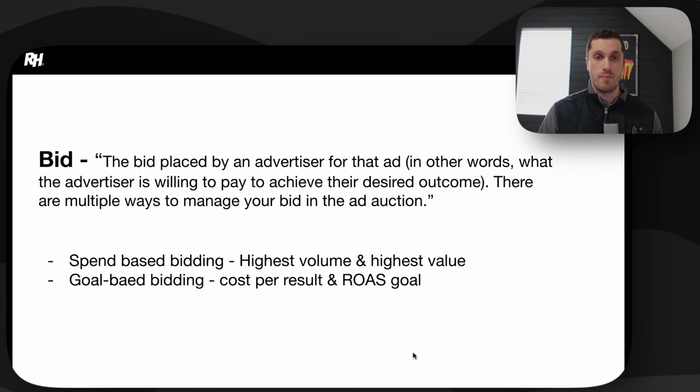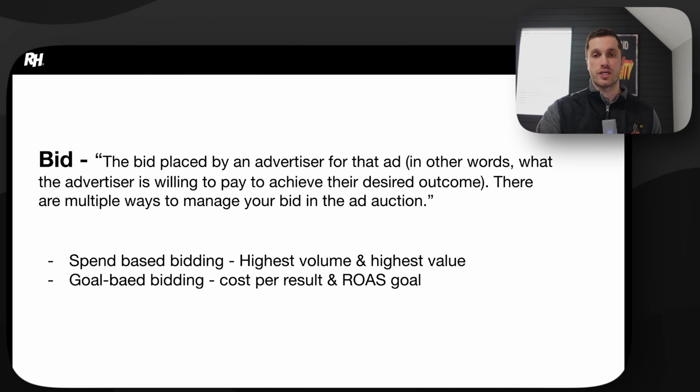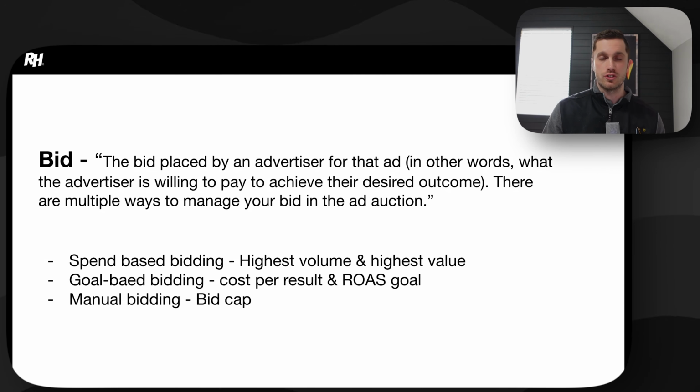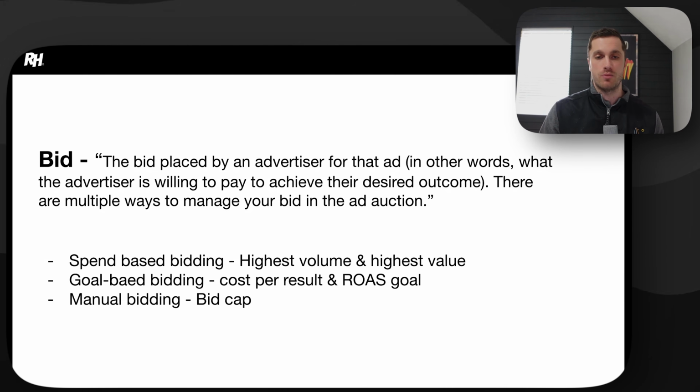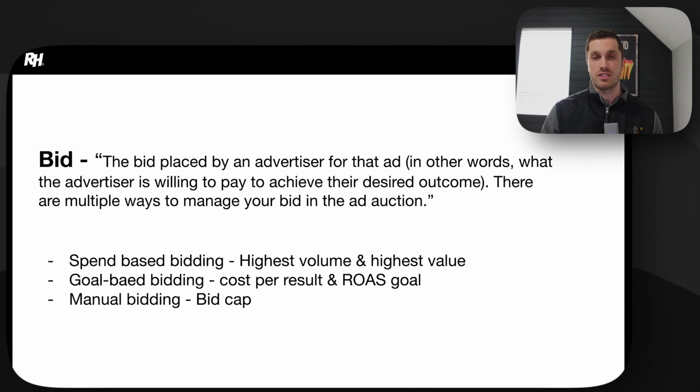Or I can do goal-based bidding, which is I'm willing to pay this price per customer, or here is my target ROAS goal, if that's 3x or 4x, or I can use manual bidding, which is bid cap. All of these are different options you can choose that tell Meta I'm willing to spend more. Most of our clients, we use highest volume or highest value, mainly highest volume to be honest with you. Sometimes we use bid caps, but that still sends signals to Meta how much these guys are willing to spend